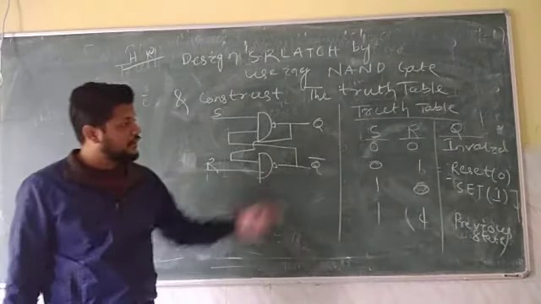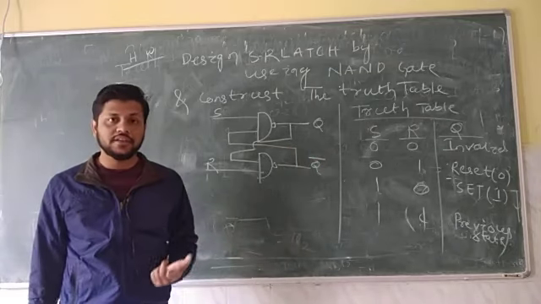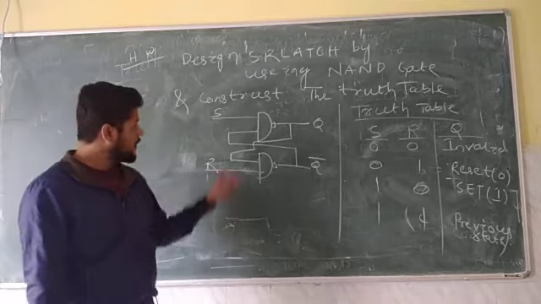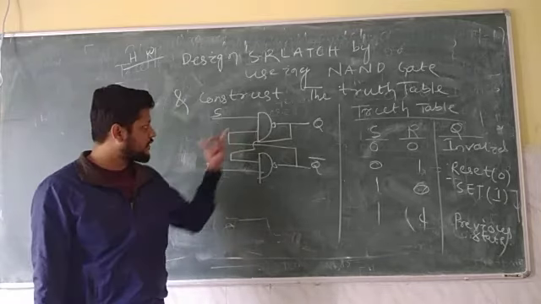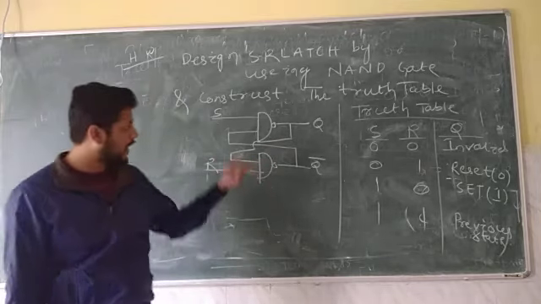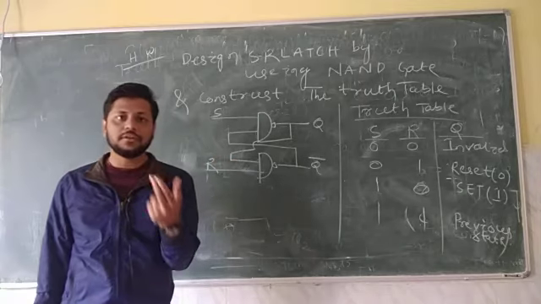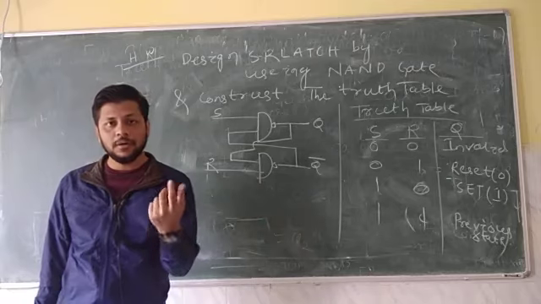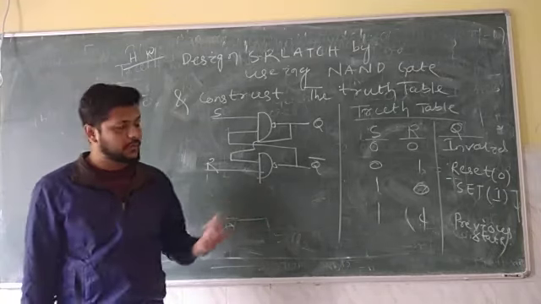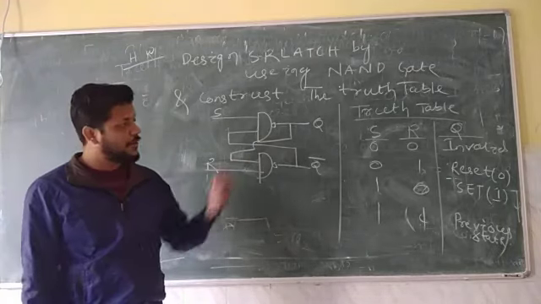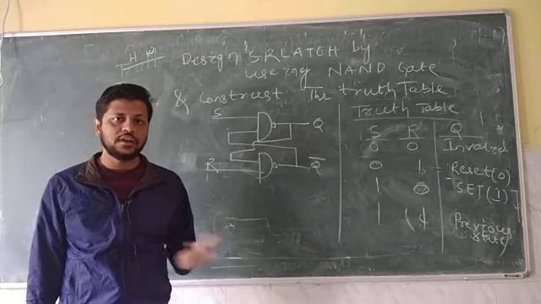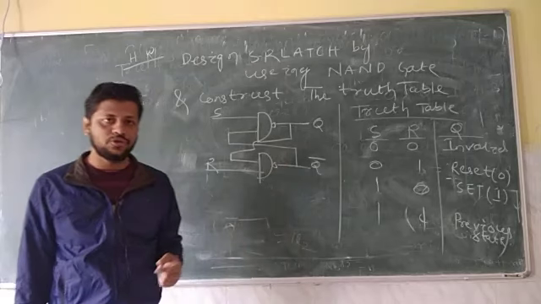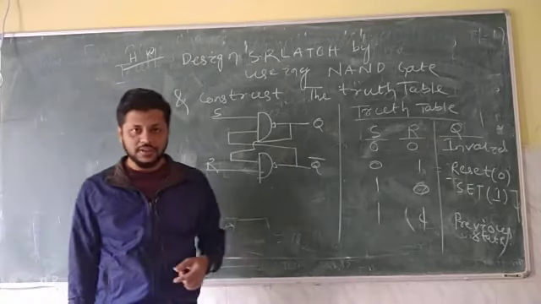So you have to prove that. Prove this truth table by taking the different cases, just like in the previous example where I explained the NOR latch. You need to construct this SR NAND latch like this and take the different cases: S is equal to 0, R is equal to 1. Then S is equal to 1, R is equal to 0. Then S is equal to 1, R is equal to 1. Then S is equal to 0 and R is equal to 0. So we have to discuss these cases here and prove that truth table, and never apply S is equal to 0, R is equal to 0 because of this invalid condition.